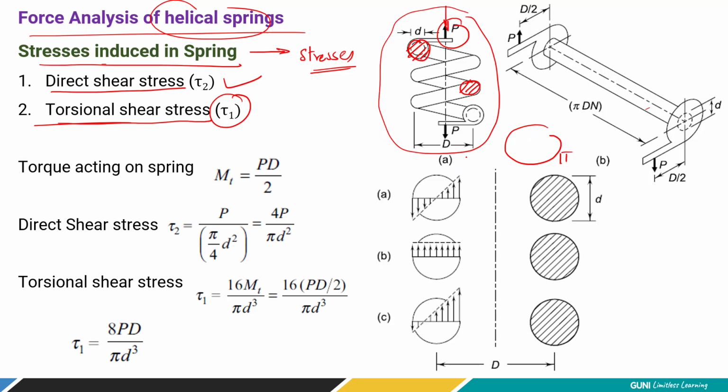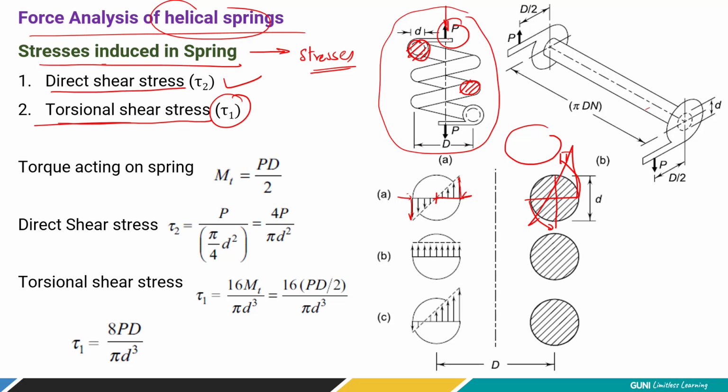So here what will happen because of twisting, from the center, this part is moving in this direction and this part is moving in this direction. So we are applying a torsional shear stress. In the center there is no stress, but when you move outside, the maximum is observed over here. Similarly, torsional shear stress is observed on the opposite surface, but in a reverse direction, having the same value.